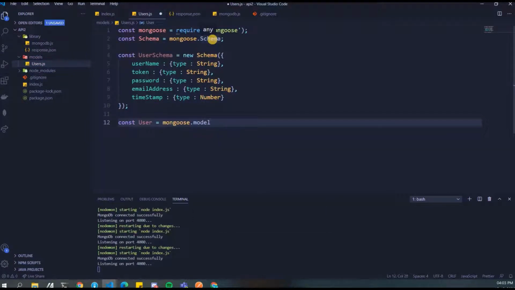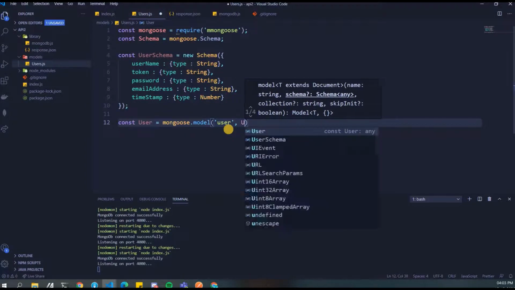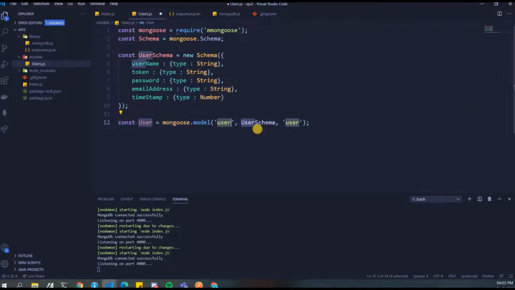These are the predefined functions given by mongoose. Mongoose dot schema helps you create a new schema altogether, and mongoose dot model allows you to specify which model, which collection, you are going to target. So we'll just write user schema. Now, if you want to override the existing schema that is there, you can provide user and user schema. So this first user and user schema will help you depict that we want to target user with our user schema.